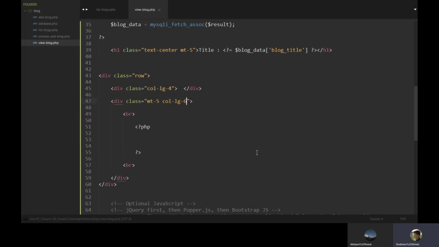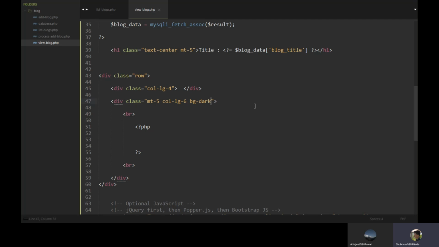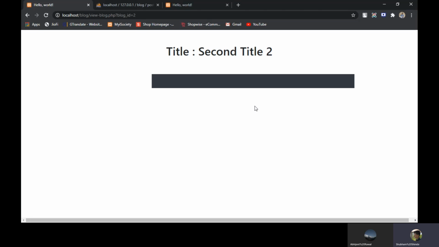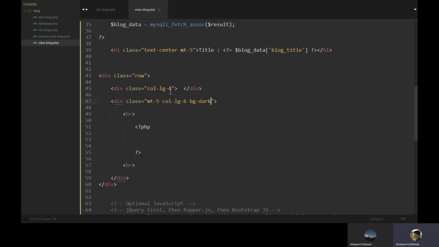So we will give here a color, I think bg-light. Yes, here is the light color. I think it's not visible for you but it's created. I'll give here dark for better understanding. Let's remove this 4 and put 3.